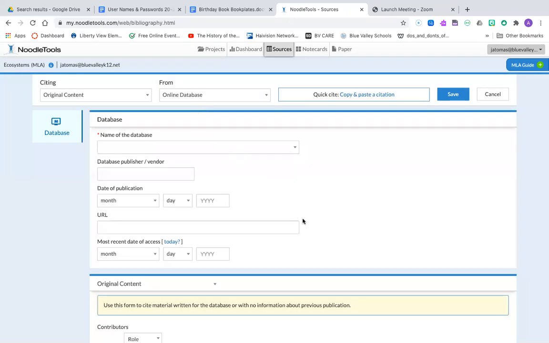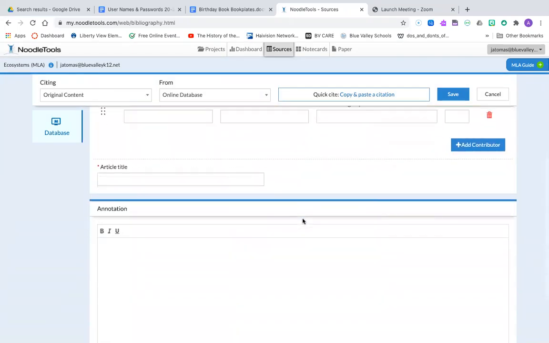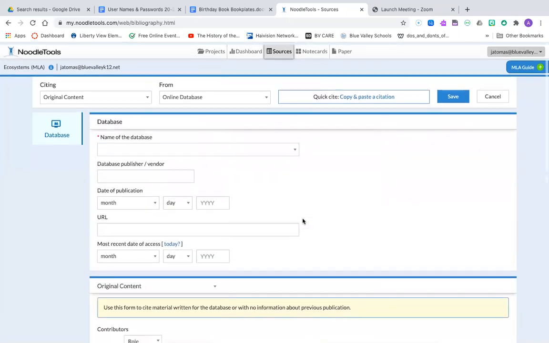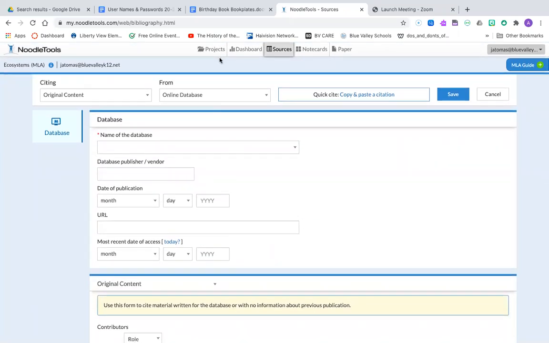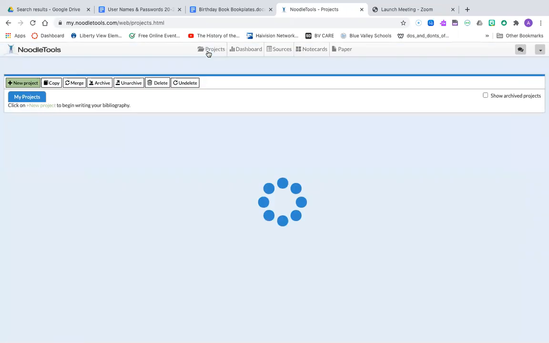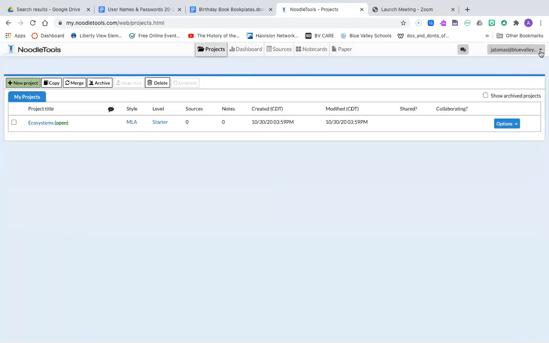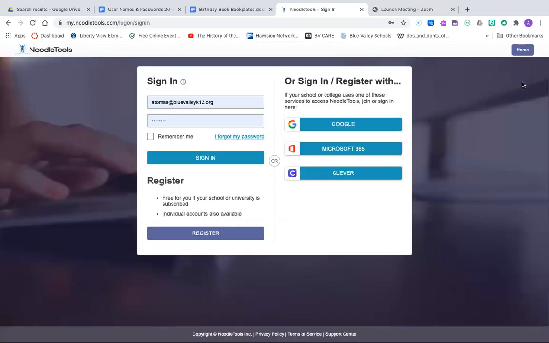And then this is where I would go in and fill in the information. Okay. Now, when I am with you in person and we're citing more sources, I will help explain this even more to you. There is a copy and paste, easy, quick citation. What I would ask for you to do today, though, you should have time. And remember, over here is your sign out. I'm going to ask for you today to go to